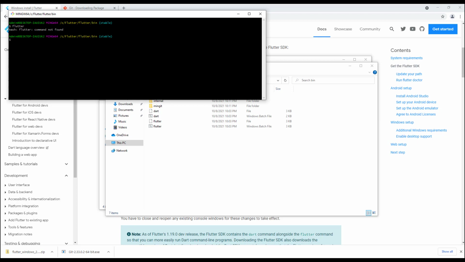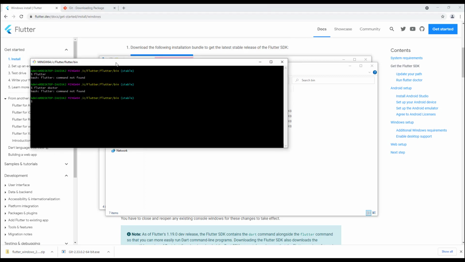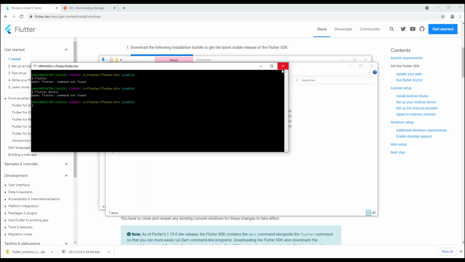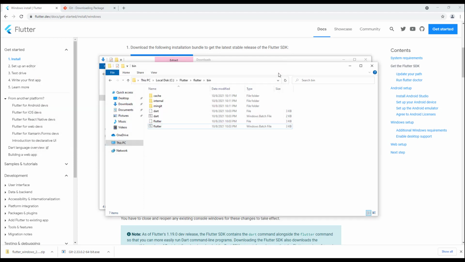flutter, and I think flutter doctor, and it's not able to find that particular command over here. The reason we are not able to find the flutter command is that we need to go to our